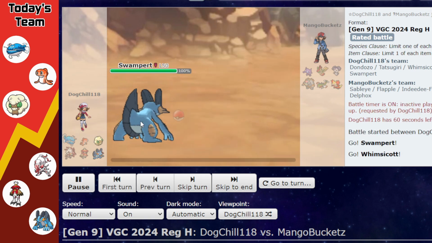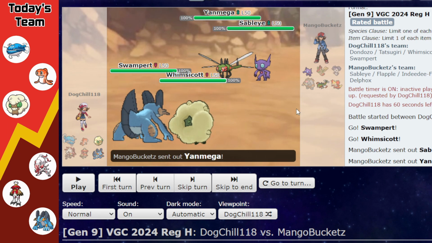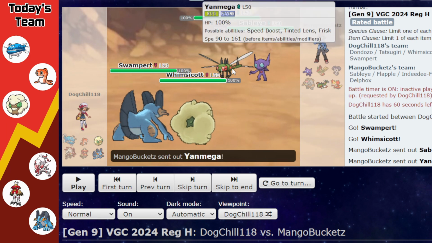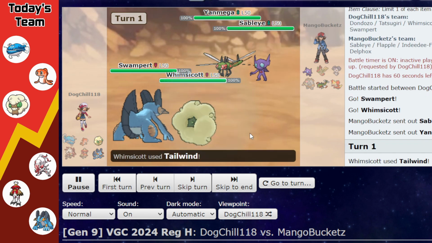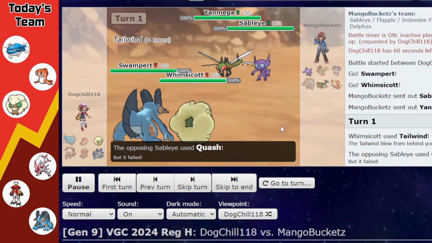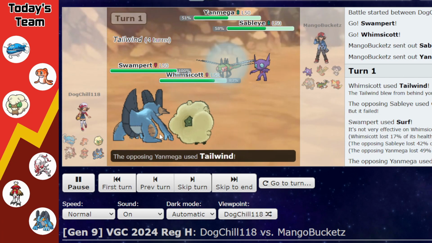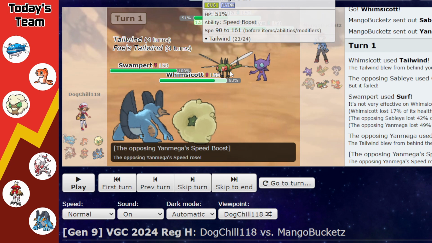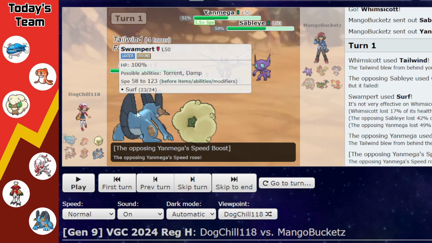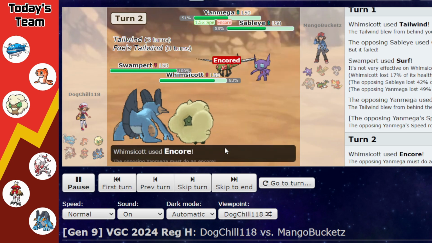So this game, we start with Swampert and Whimsicott here, just so Swampert can perhaps play the field and hopefully not see Appleton, and the opponent decides not to lead with Appleton, which is great for us. We go for Tailwind with Whimsicott, as the Sableye tries to go for the Quash here, but they went for Tailwind, so I'm really not sure what the point of them going for Quash was, as they do get a speed boost on Yanmega. So even though Swampert's Choice Scarf, it might be faster than Yanmega, but we get to